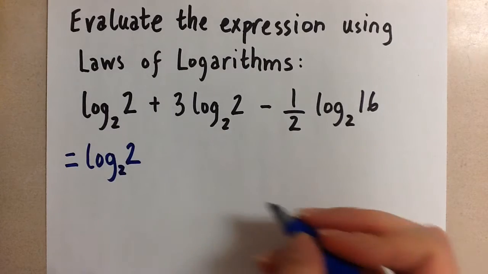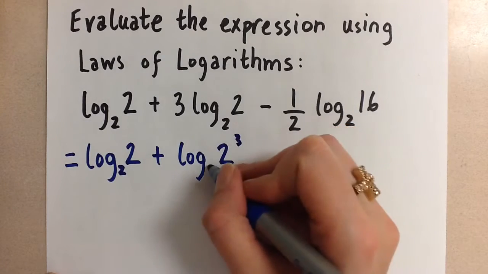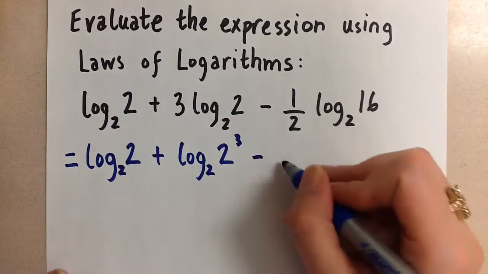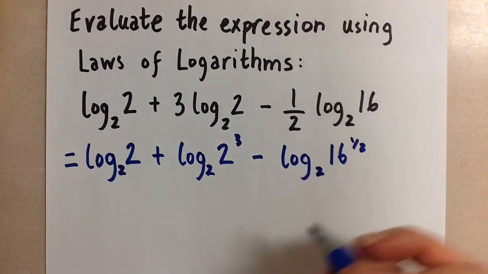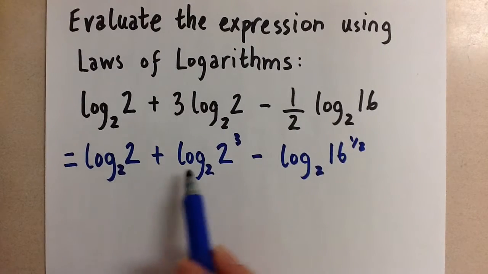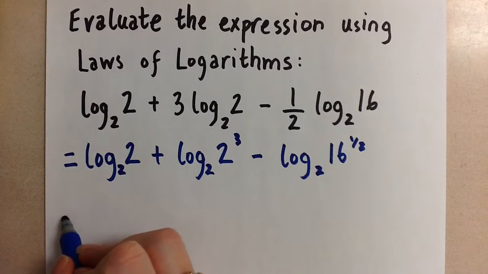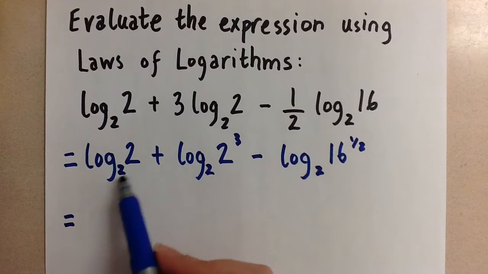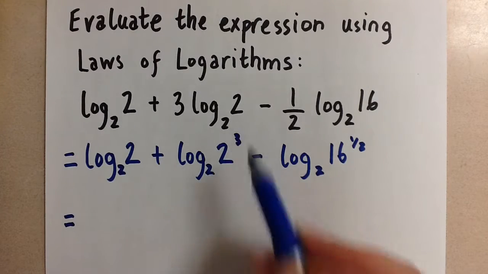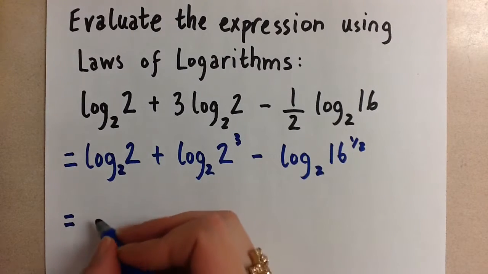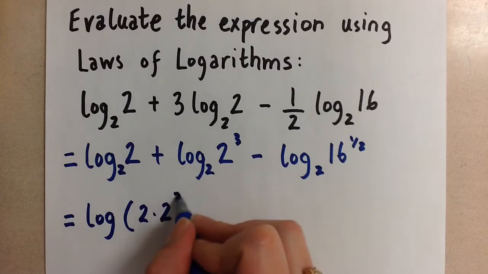The log of 2 to the base 2 plus the log of 2 to the power of 3 to the base 2 minus the log of 16 to the power of 1/2 to the base 2. Okay, so now let's combine the first two together. So these two logs have the same base of 2, and they're being added together. So to do that, we can multiply this 2 with this 2 to the power of 3. That's our product law for logarithms. So this becomes the log of 2 times 2 to the power of 3